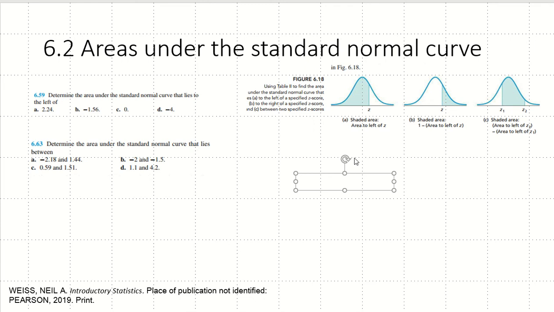Hello, in this video 6.2 in the textbook we're talking about areas under the standard normal curve. In the previous section 6.1 we talked about normal distribution curves, and it simply looks like this. It's a nice bell-shaped curve, and we know that the area underneath the curve is equal to 1. And so we learned in the last video that you can convert normal distribution curves with a mu and a